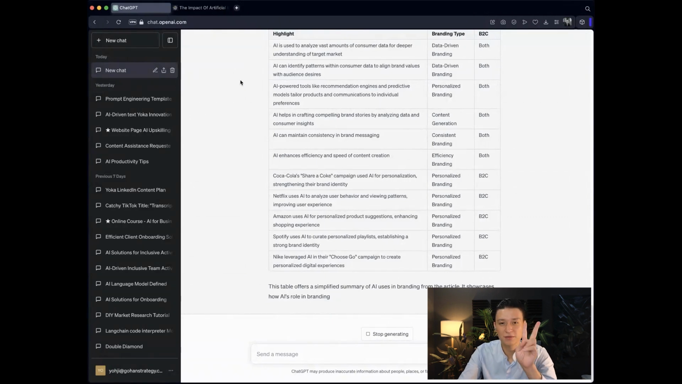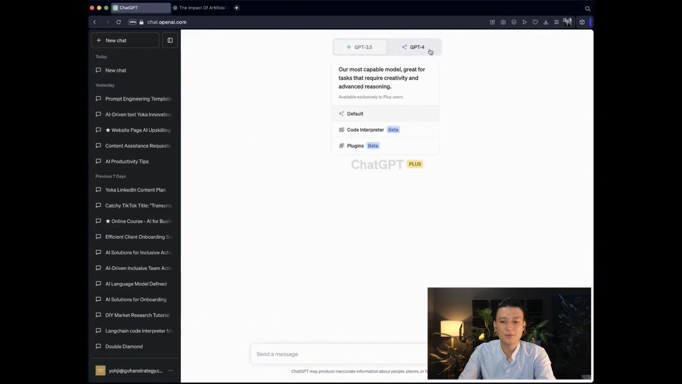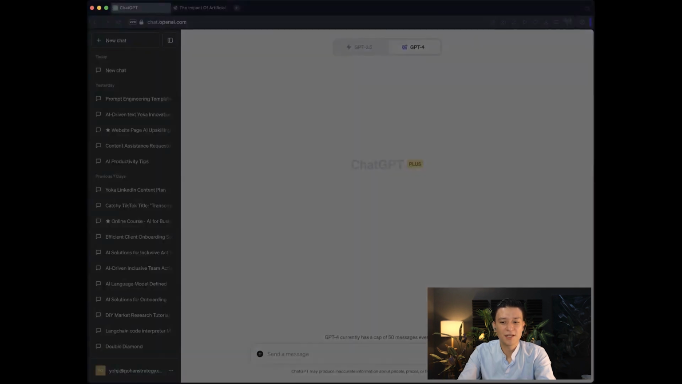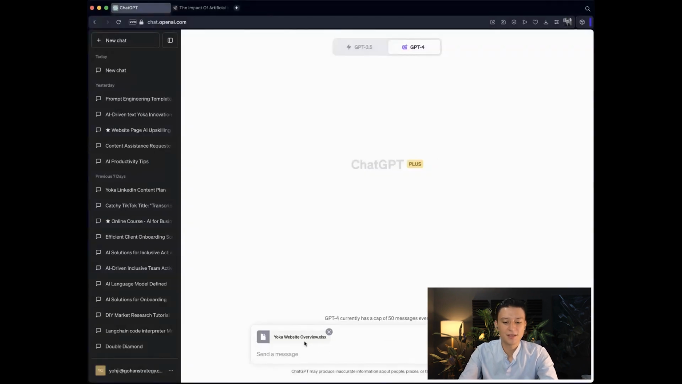So there are two ways of doing that. Number one, if you are a ChatGPT Plus subscriber, you go to ChatGPT, go to ChatGPT 4, go to Code Interpreter, click Upload File, and convert any kind of file that you have, for example, from your website. And this is an Excel sheet that I just copy pasted all of our pages from our website inside,